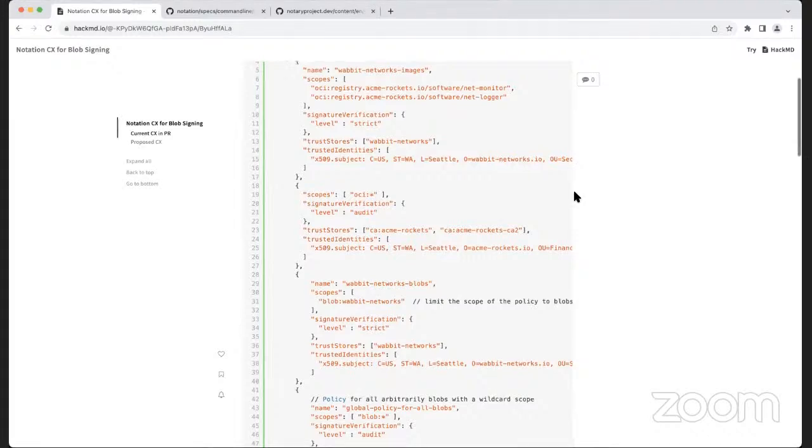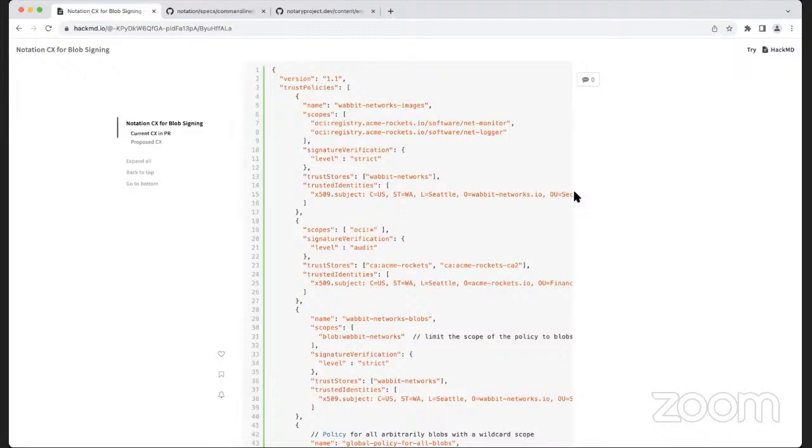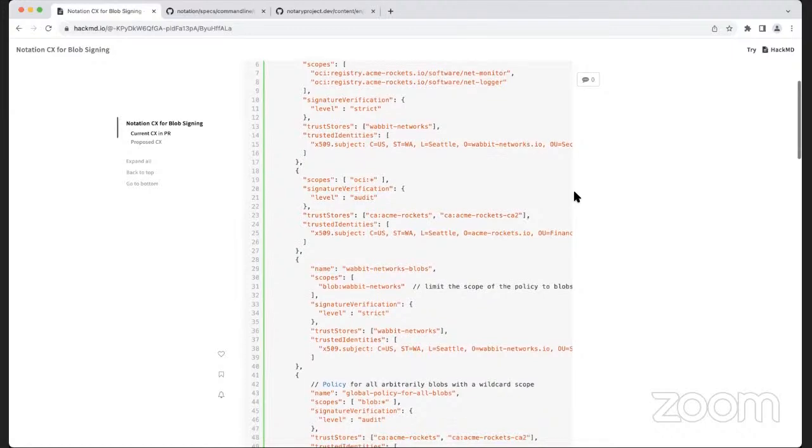You need to look at the entire file to find, okay, the global one is at line 19. So it makes it hard for users to compose their own trust policy. And if there's an error, it's hard to debug or find out where the error is. So I think separating them into two trust policy files makes sense.